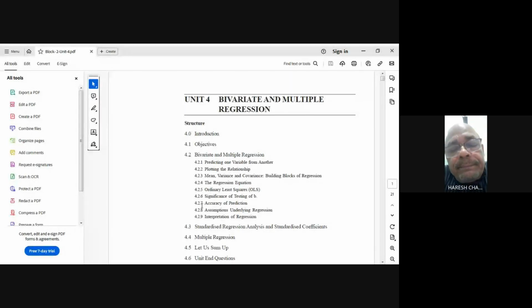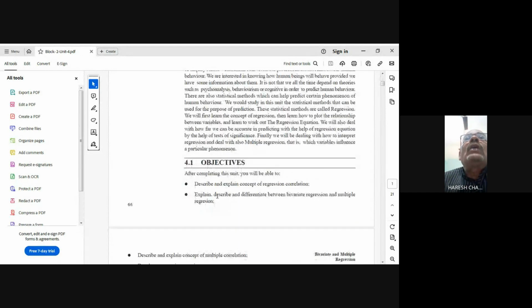Bivariate and multiple regression. Now go to the fourth one, regression. Now, what is regression? Now, when you have understood about the relationship among two variables,